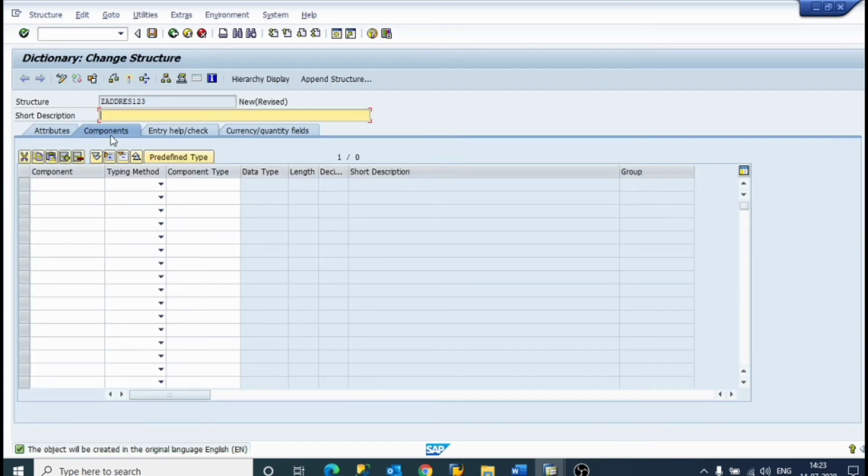Just click structures. Our first structure.